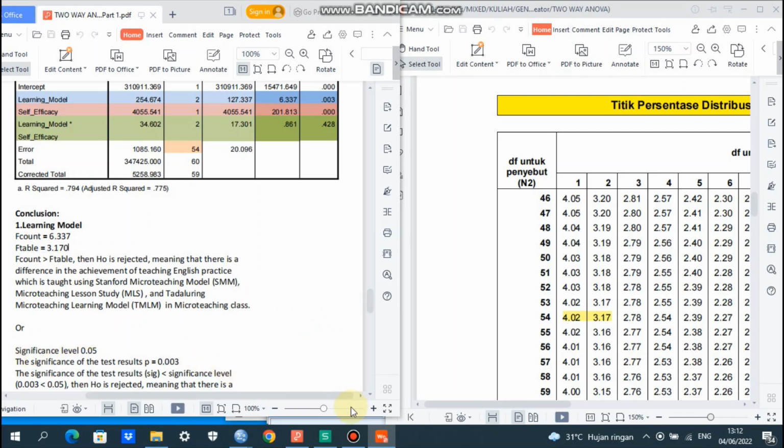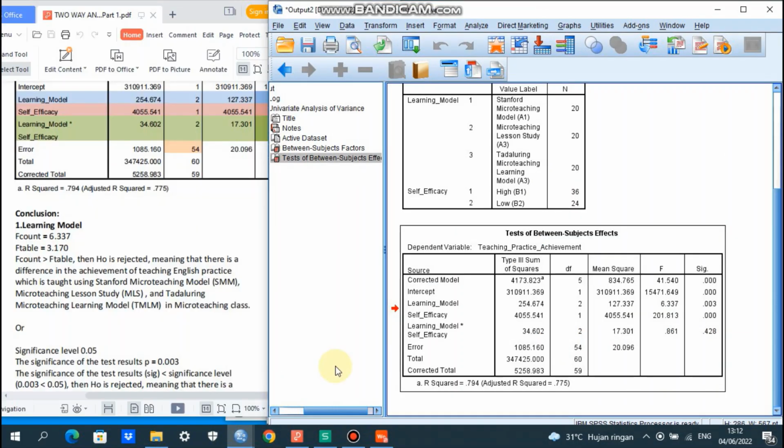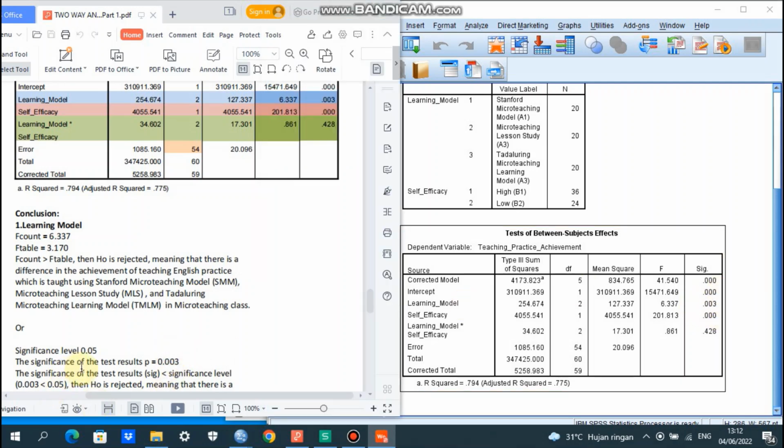Or if we want to use significance level 0.05, we can have a look at the significance for learning model, which is 0.03. The significance of the result is 0.03 and it is less than the significance level 0.05.